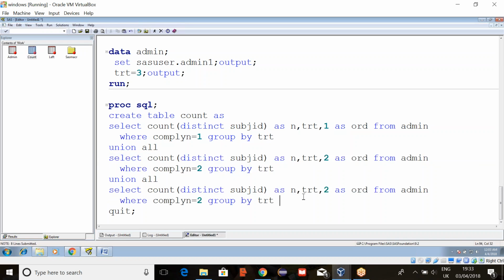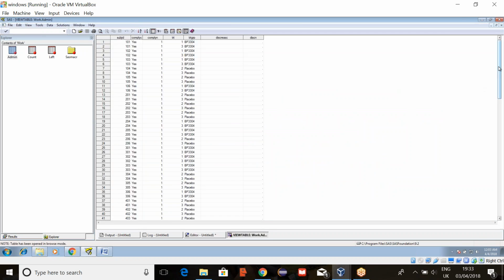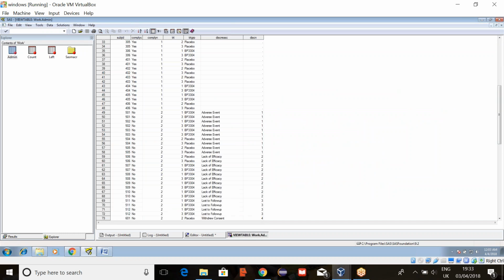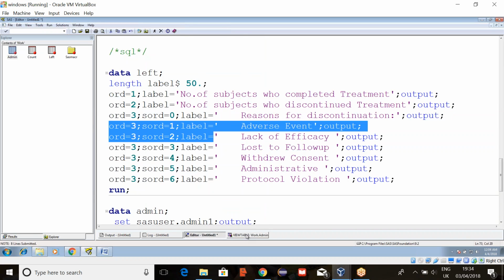And now here count and treatment, ORD is 3, and also here we have to create suborder, right? So suborder here I've taken adverse event 1, lack of efficacy 2, like that. The same thing is present in the dataset also. That's why I've started with 0: reasons for discontinuation is 0 and I've started from 1.